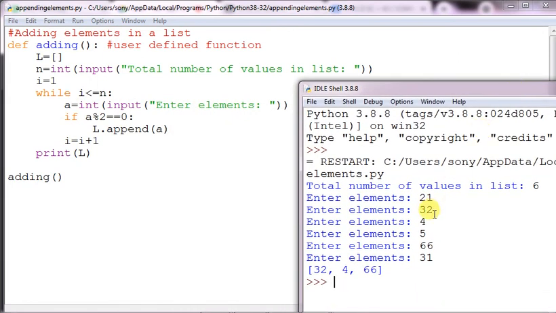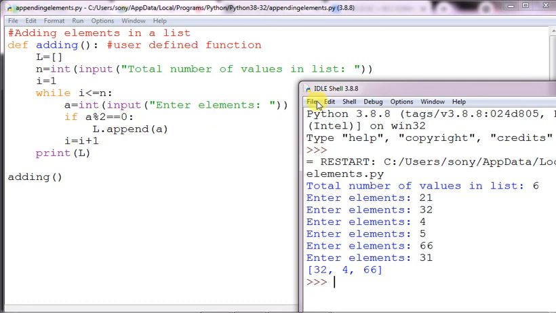Wherever it finds an odd number, it is not appending it to the list. So 21 was entered but not taken because the condition is wrong, and the I value is increased. So you are allowed to give 6 values, and only the even values within the limit of 6 will be added. If you remove this condition, everything will be taken. Okay, that is the thing.